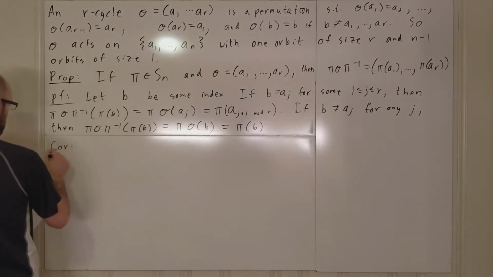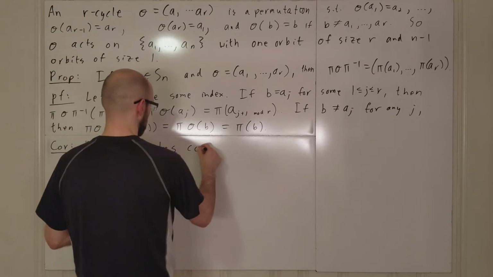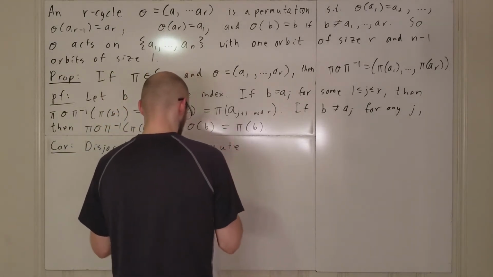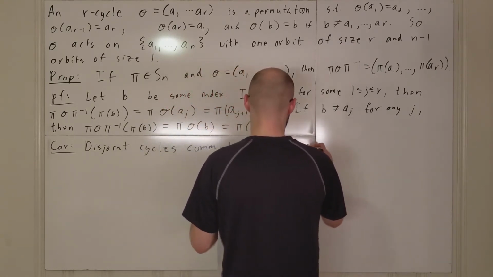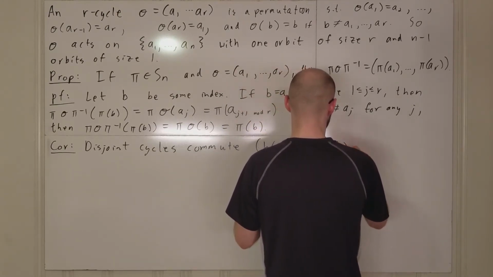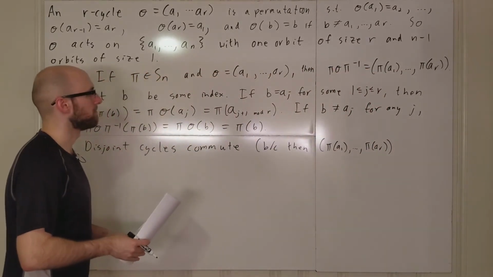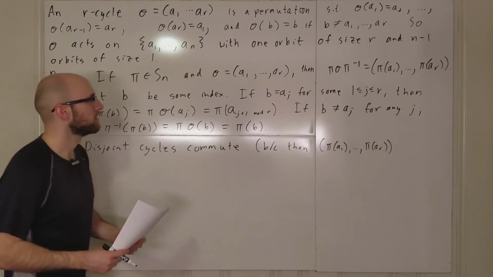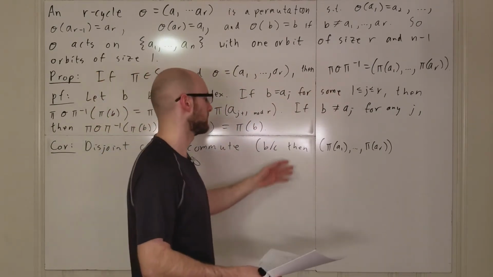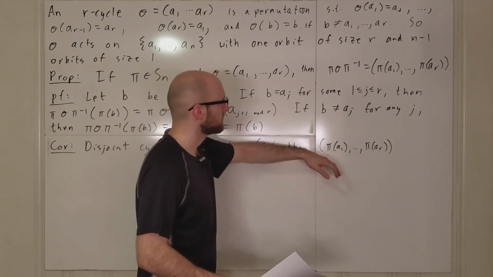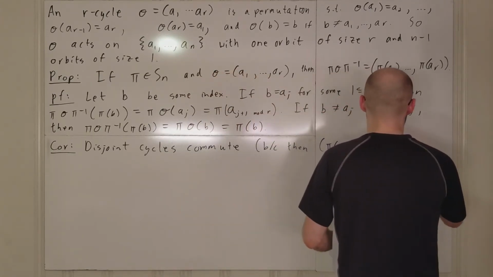Okay, so corollary. Disjoint cycles commute. Because then what happens if we have pi of a1 through pi of ar, then of course if you've got two disjoint cycles, sigma and pi here is a cycle, then since they're disjoint, pi is not going to move any of these particular indices, and so this is precisely equal to